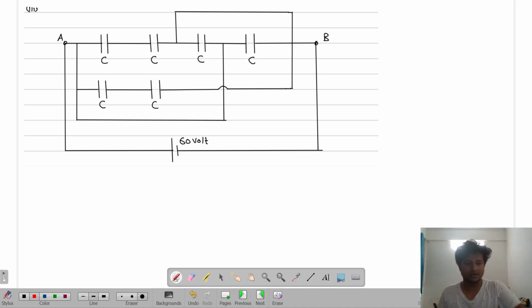Acha, how to solve it? You have a question now. First thing is that, see how to solve it. In these kind of long questions where there are straight wires and all, and there is only capacitance, no batteries, start marking the point potentials. What you need to mark? Point potentials.